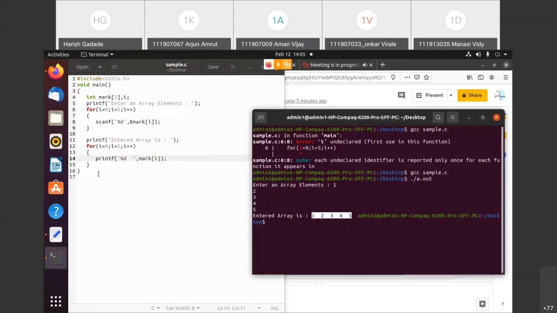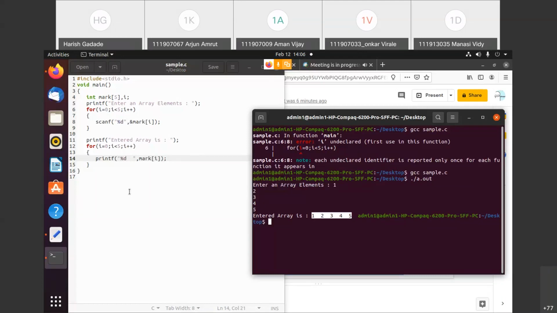I think you understood this. Now see, once we have this number of elements in our hand, we can perform different kinds of operations on the array. Like suppose you want to perform some sorting operations, or any other operations, you can perform these operations on these elements. So here what we understood mainly is how to accept the array, how to display that array.